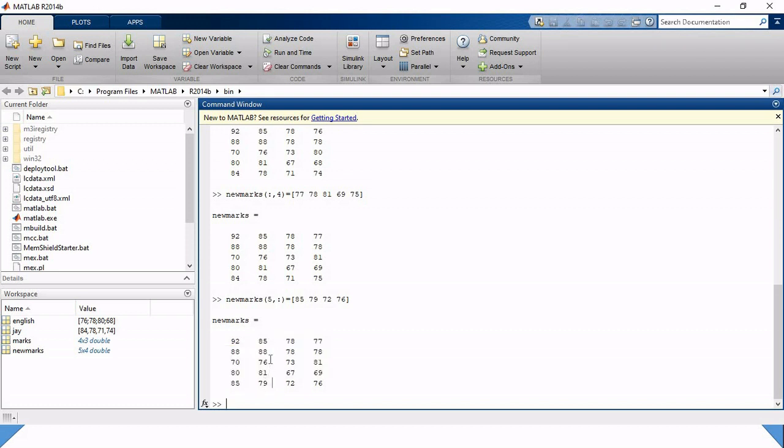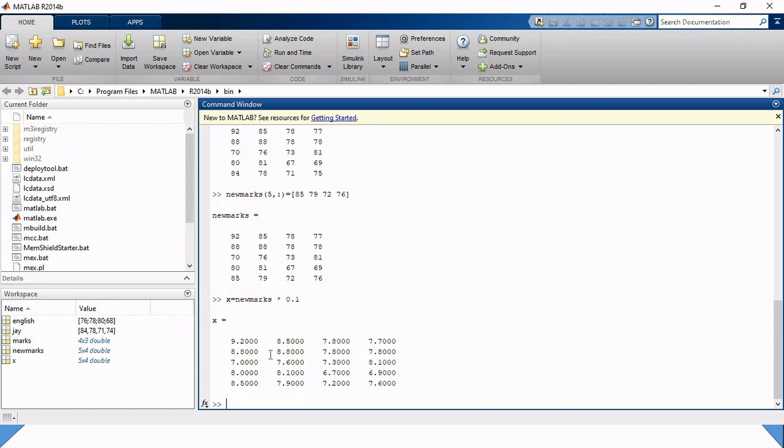Now let's say that we need to convert these marks. These are marks out of 100, but we need to convert them to out of 10. So let's take another variable x is equal to new marks. All the marks need to be multiplied by 0.1. That's how we are going to get our output out of 10.